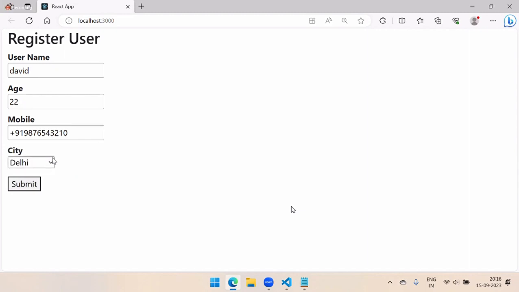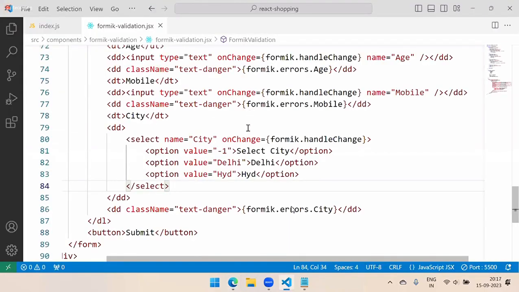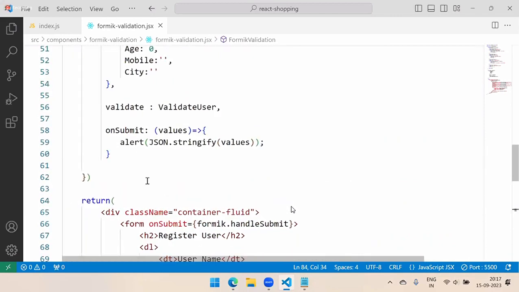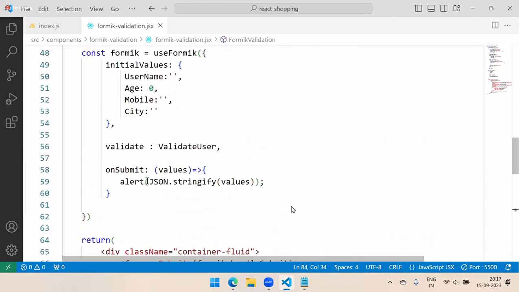And important here is I am selecting a city and trying to click submit. It's not submitting. That's very good. The form is not submitted unless all the data is valid. And once it is all clear and I submit, it should submit the form. And see now, still the value is not submitted because actually, whenever the value is defined here, validate user, two